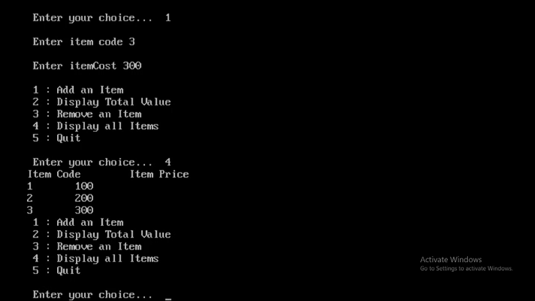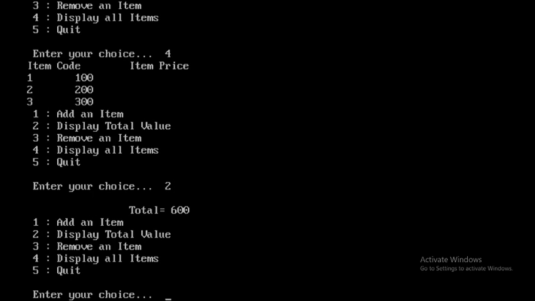Okay, now I want to display the total also, so I have to use option number 2. I am giving choice as 2. The total is 100 plus 200 plus 300, so the total cost is 600.